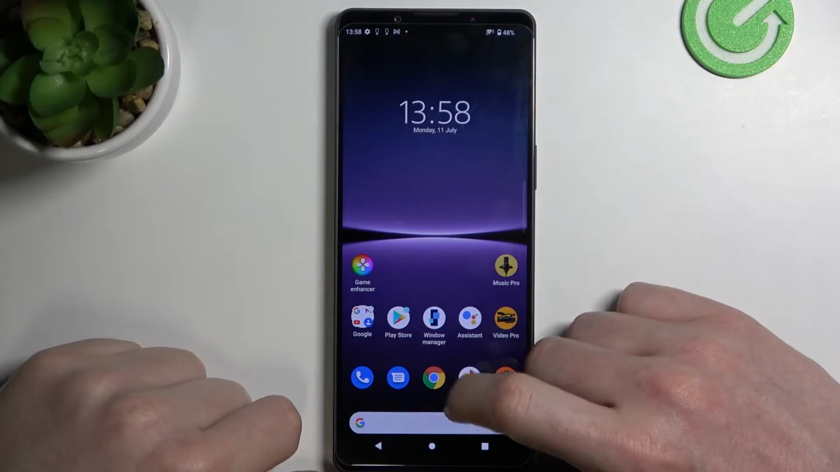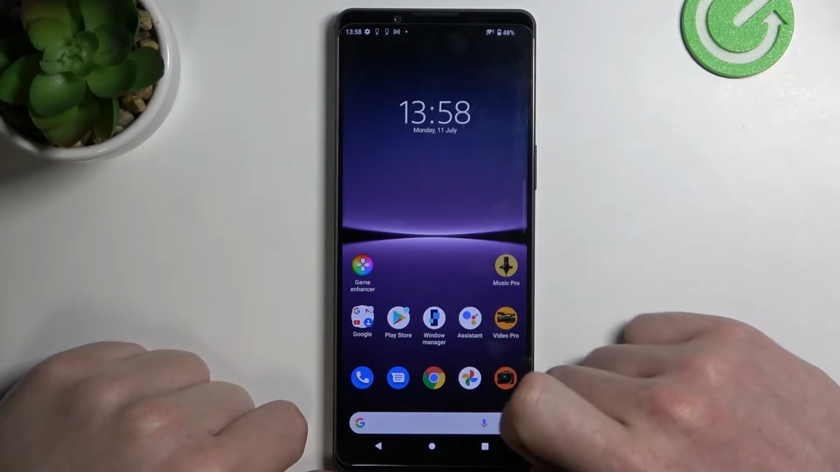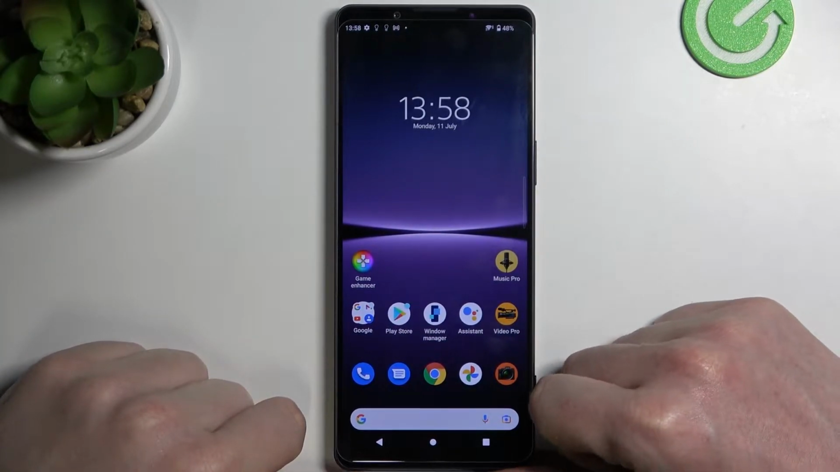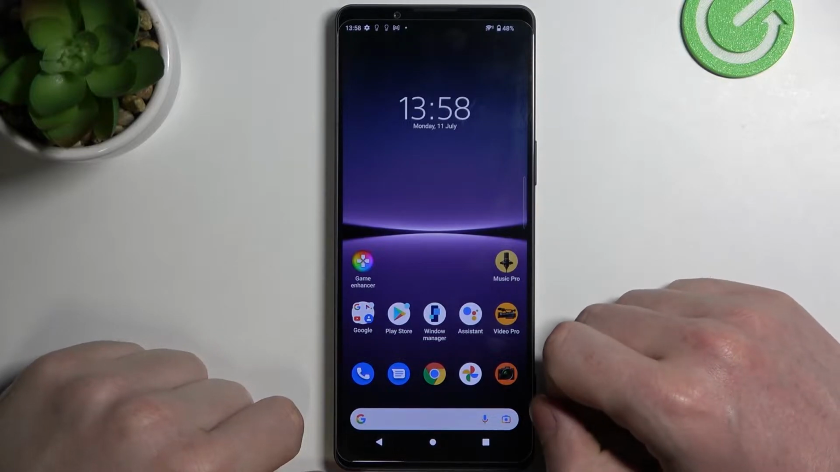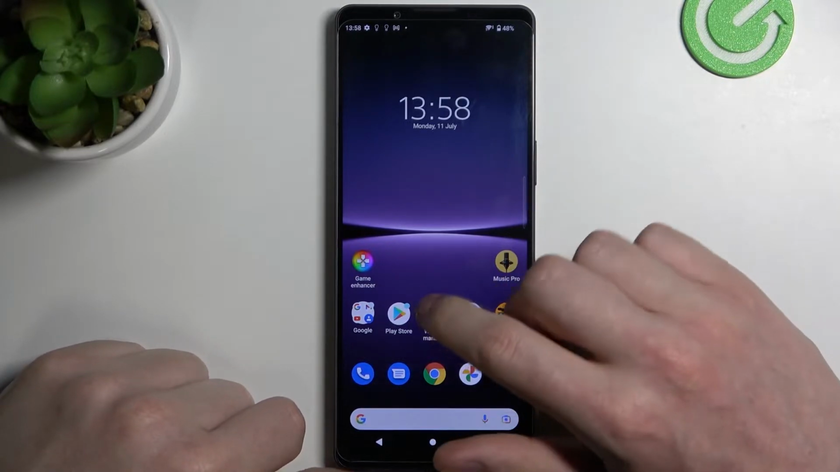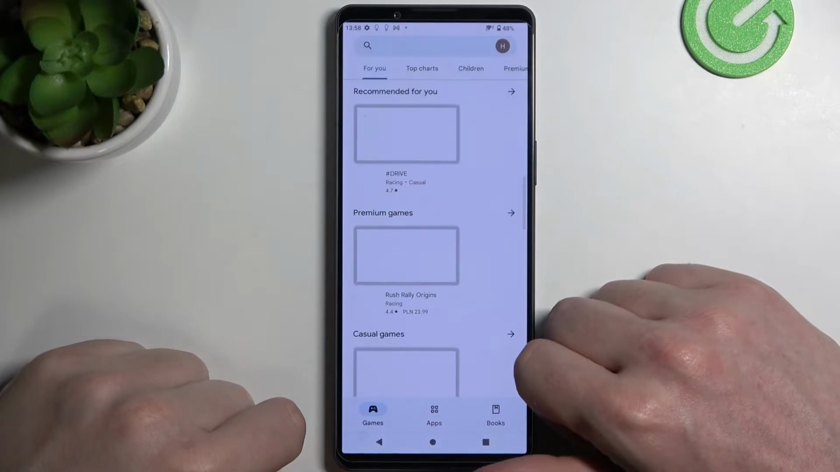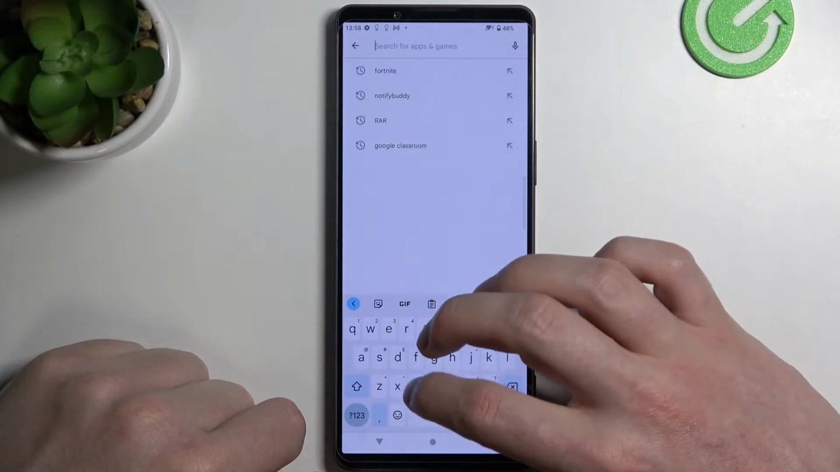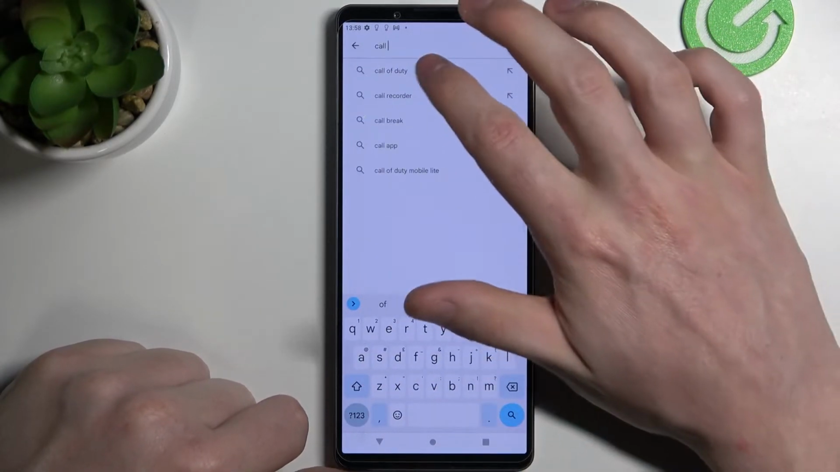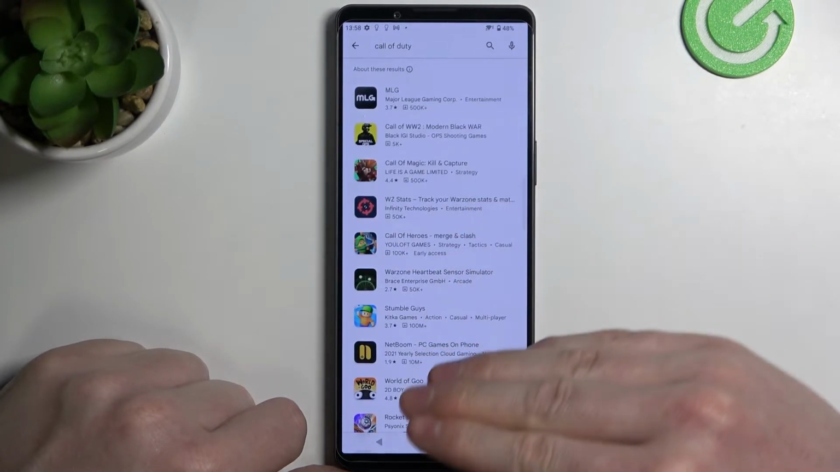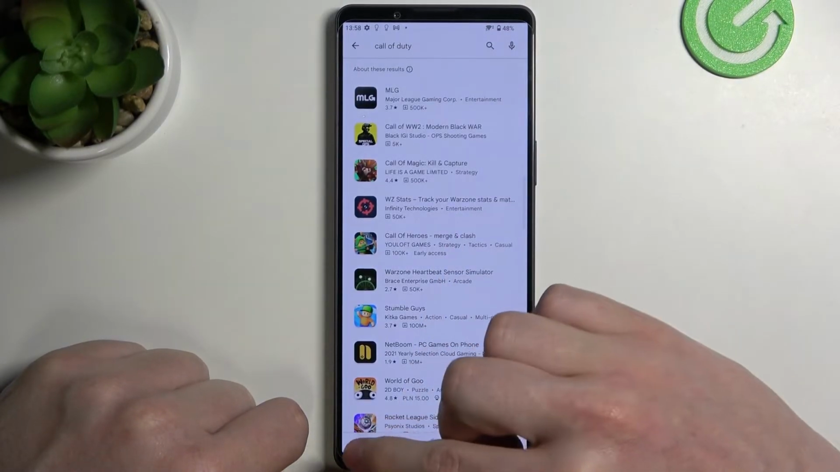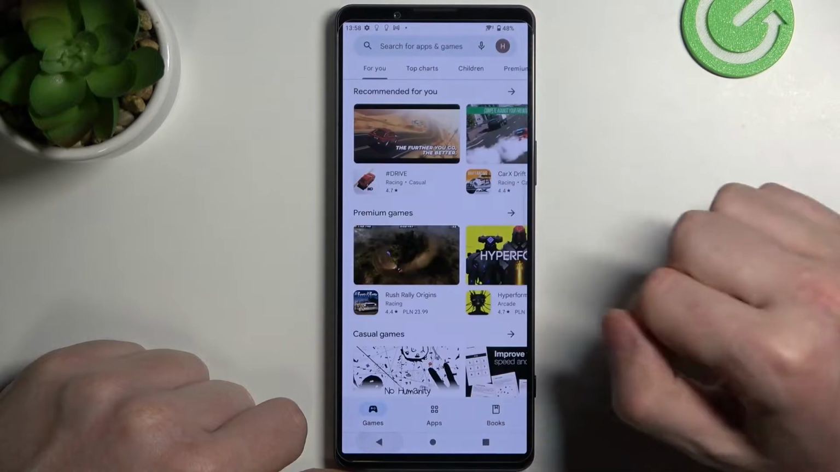So, in this video I want to show you how to fix the problem when you want to install Call of Duty Mobile but you can't seem to find it on your Google Play Store for Sony Xperia 1.4. So in order to do this, let's open our Google Play Store and let's try finding Call of Duty. As you can see, there's no game that we want to download, and in order to fix this, go back,